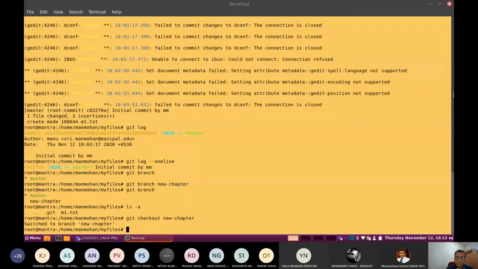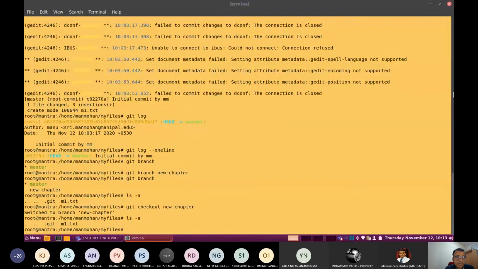Now try to issue the command ls -a. So you can see this particular content for the new branch: m1.txt is the file available here also.